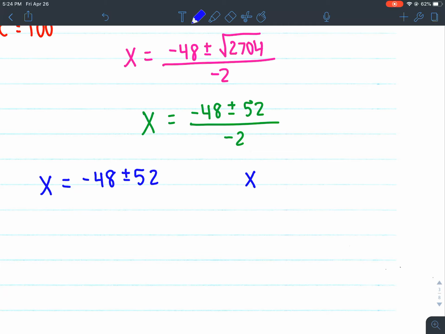And then you have x over negative 2, my bad. Oh, wait, what am I doing? Okay, this is plus. I'm going to do the plus for that one. And then I have negative 48 minus 52 over negative 2. All right, so you're splitting them up. You're taking your plus and minus and writing them as two separate